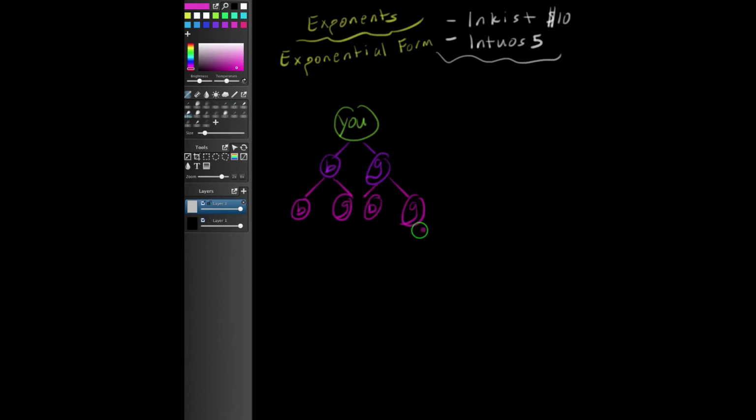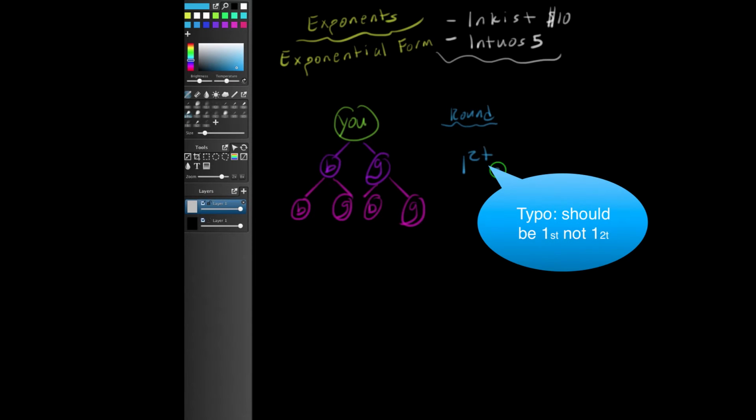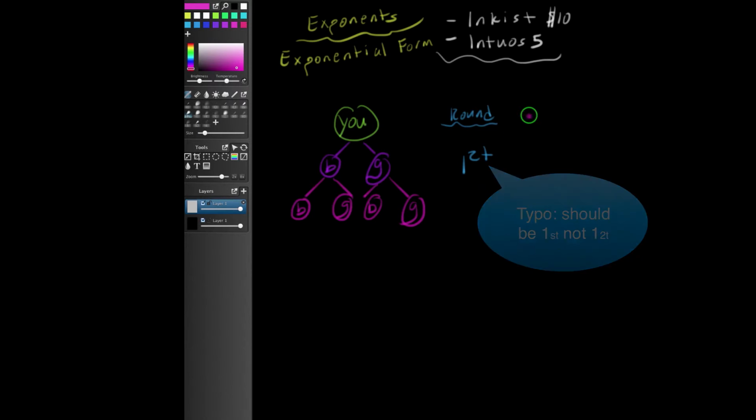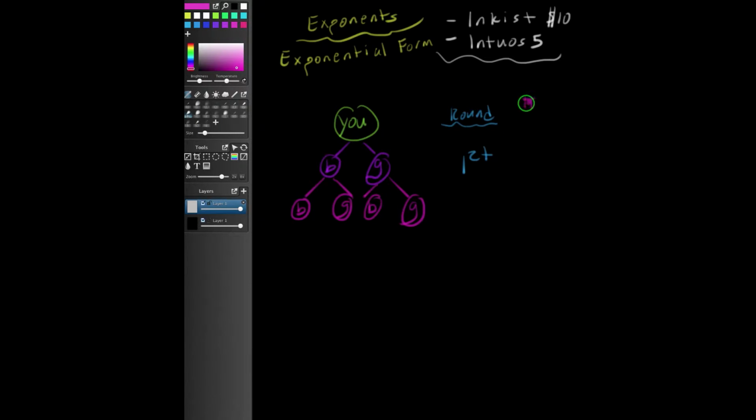So let's take a look at what's happened so far. The first thing I want to do here is choose a new color and write "round." In this first round, you told two people. So two people heard this information in the first round. I'll go ahead and write that down as well. So in the first round, the number of people